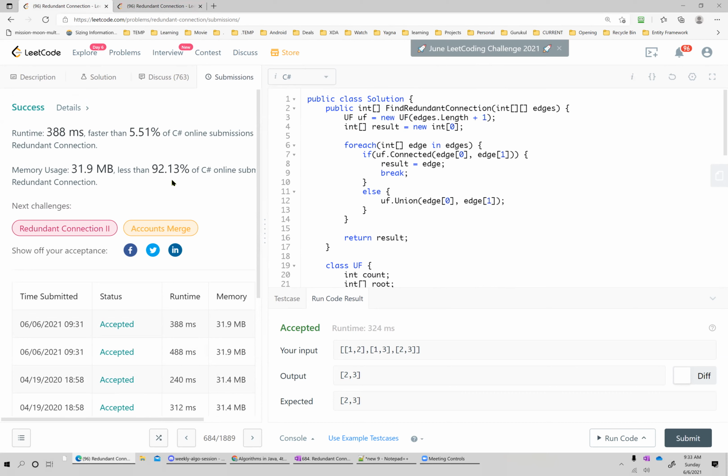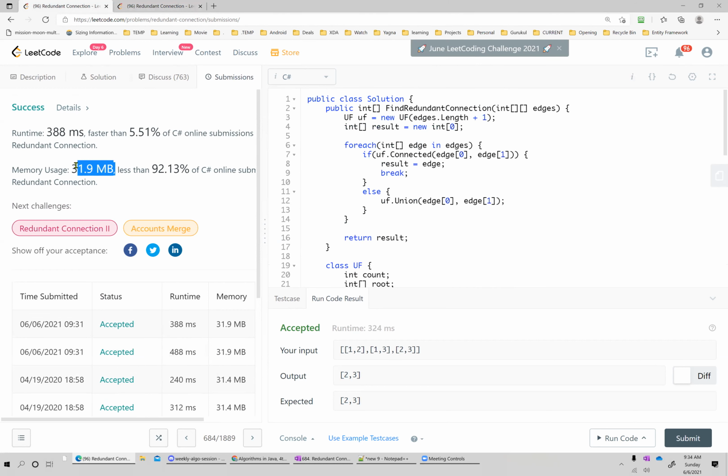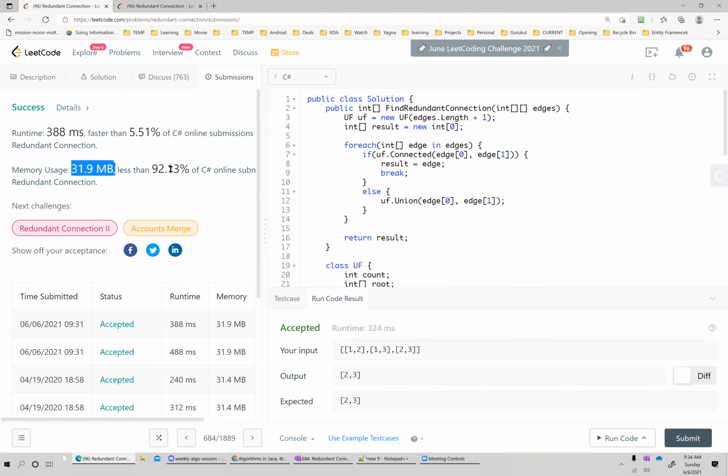In the new code versus the old one, the memory utilization is very high in the old one. Which one? You see 37%, yeah, 32. No, percentage is fine, but you say 32%. Size is almost similar, right? It doesn't matter. See, I just did it right now and see the difference. It is 37 with the same memory, and it is saying 92. So I think it is fine. You can still look at this, but probably you can ignore it when you know that this is the most optimized solution.